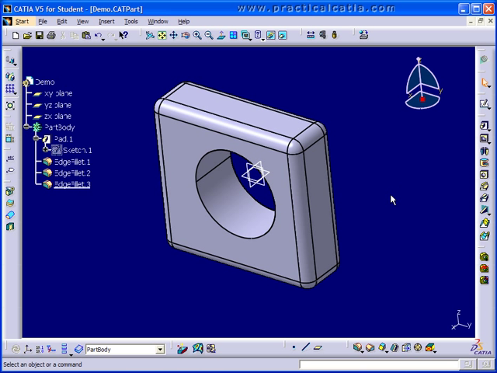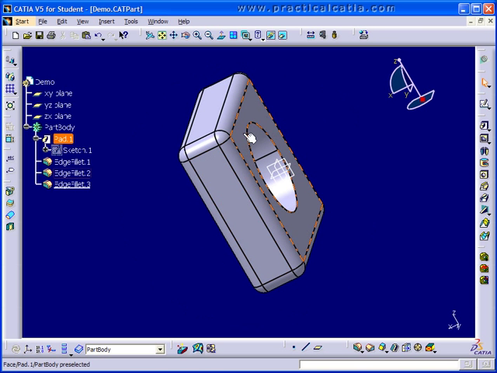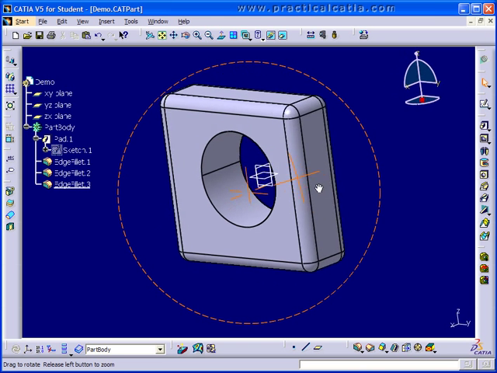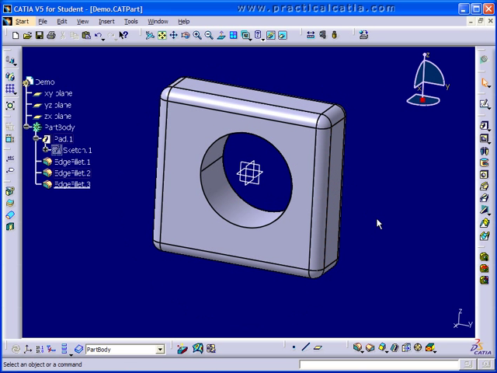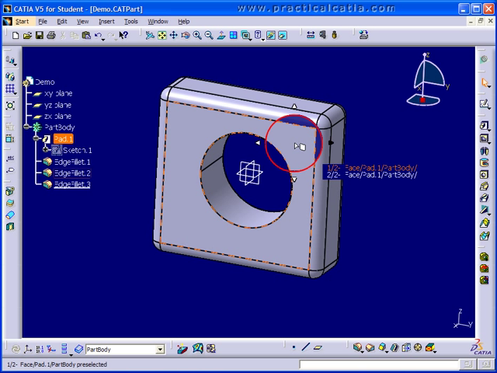Now there's also another handy feature built into Catia V5. On a small part like this, if I needed to select a back face, I would simply rotate around and select the back face. But sometimes when you're dealing with a large part, it's not so easy to rotate it around and select the back of the part. So let's say that I had a need to select the back face of this part. What I can do is put my cursor over the front face and then hit the up arrow key on the keyboard,